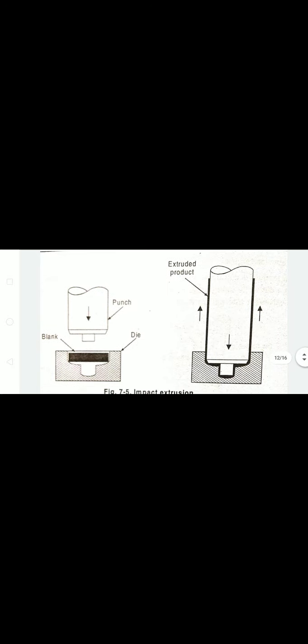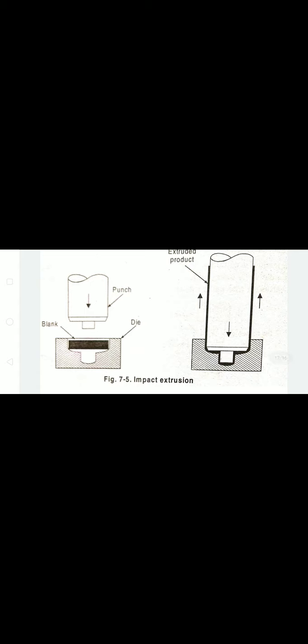In operation, a cold metal slug of suitable size is placed in the die, as you see in the first figure, in the die cavity, and the punch is driven rapidly into the die cavity. As there is no die opening here, there is no more place for the metal deformation in the cavity. The metal is forced upwards through the gap between the punch and the die. This determines the thickness of the tube and forms a tube shaped product.